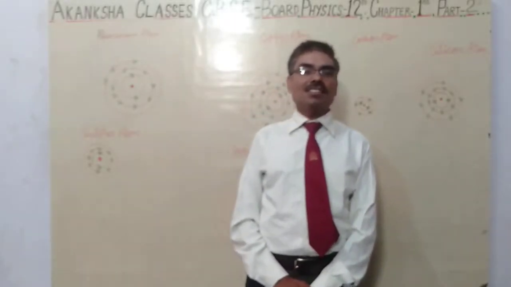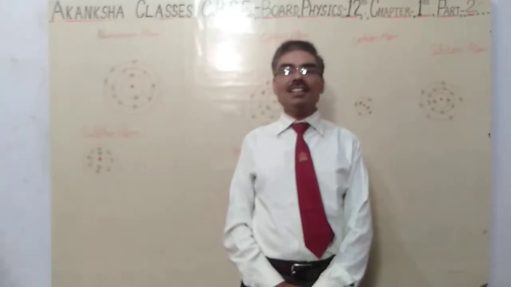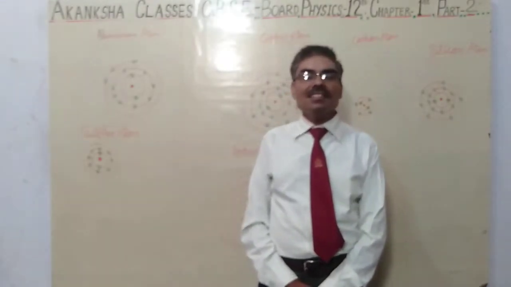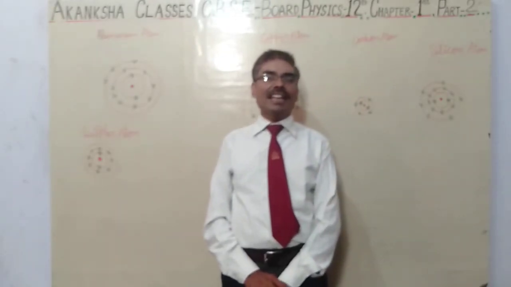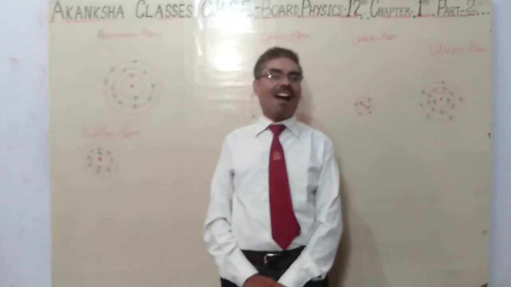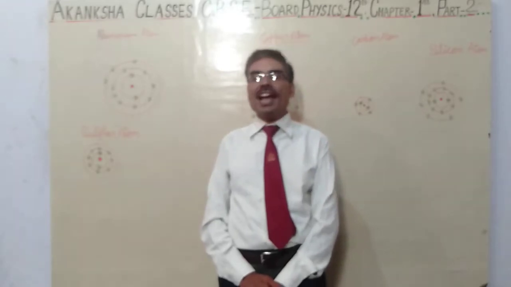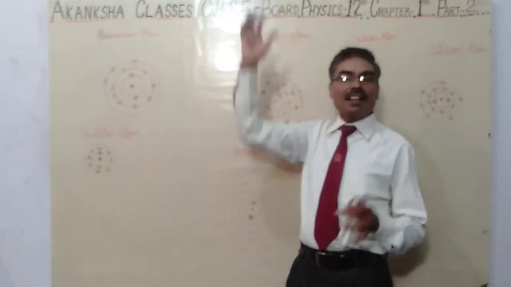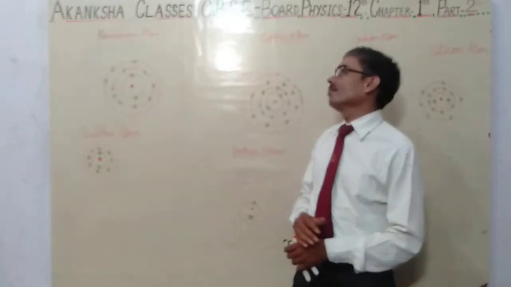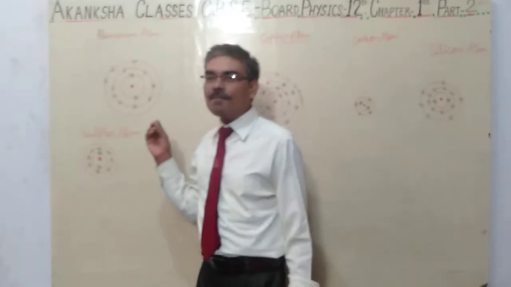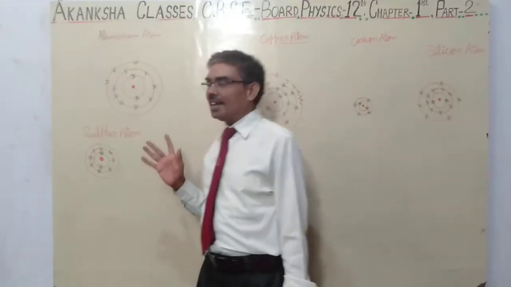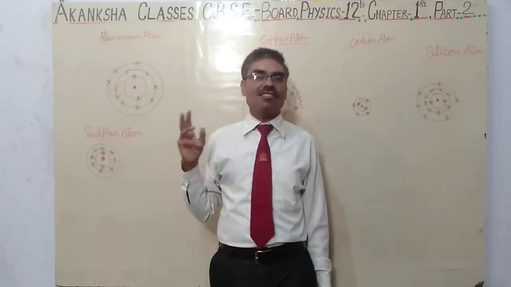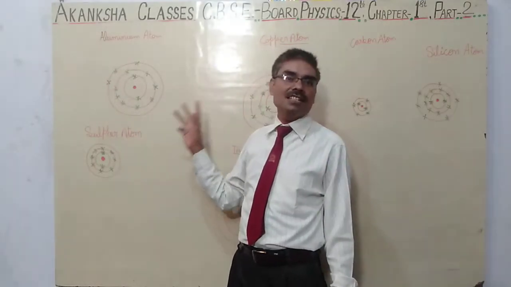Now we will discuss the topic of insulator, conductor and semiconductor. Students, these topics are given in physics but actually are related to chemistry. So we have to understand the phenomenon on which the conductivity depends. First we give the example of the aluminium atom. Students, you can observe that aluminium possesses 3 electrons in its outermost shell.